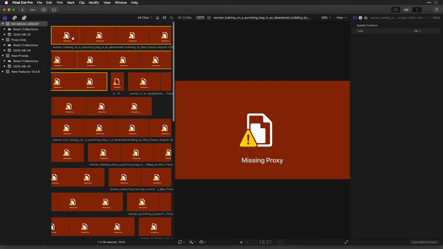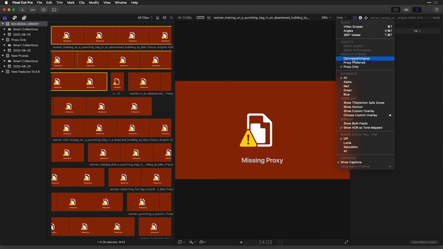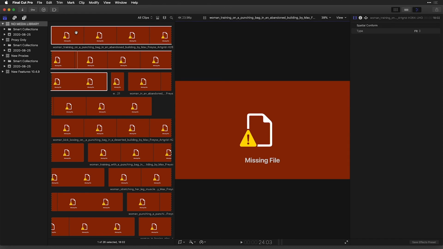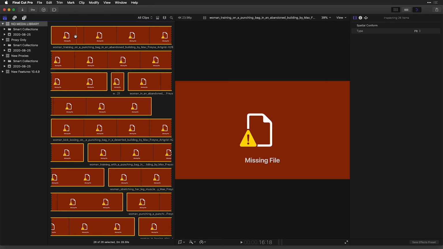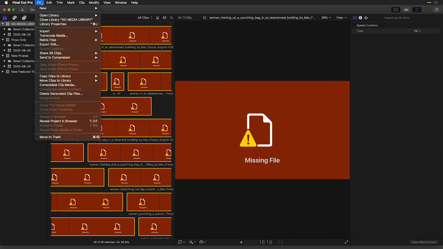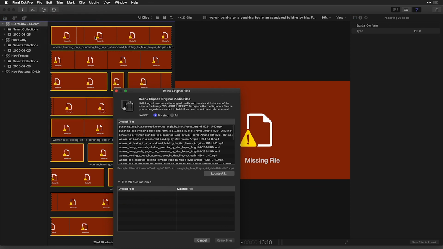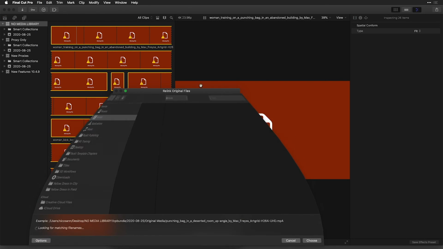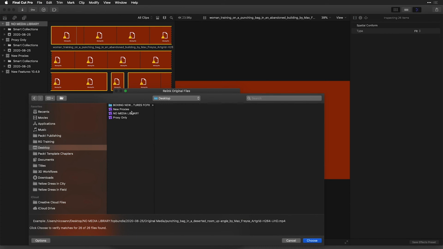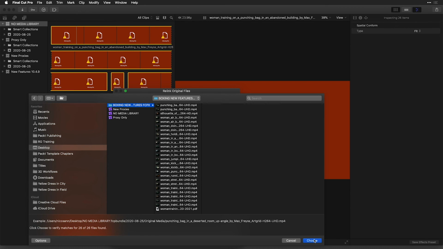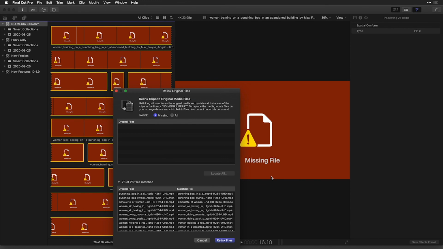It definitely shows it because I'm missing proxies for it. And if I go back to optimized original, I'm missing those as well. It's now just a matter of selecting one of these files, pressing Command A, and pointing your system to where those files exist on your drive. And I know that this happens to be on my desktop, under this folder, and voila, I've connected to the original media.